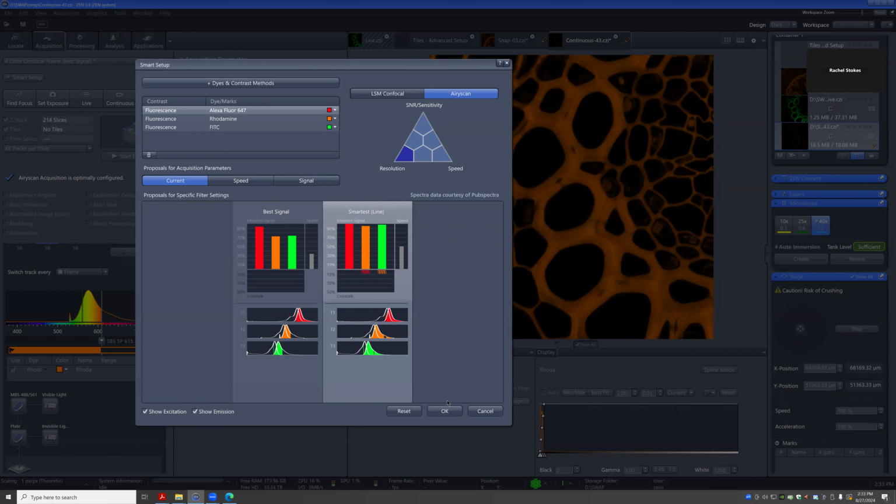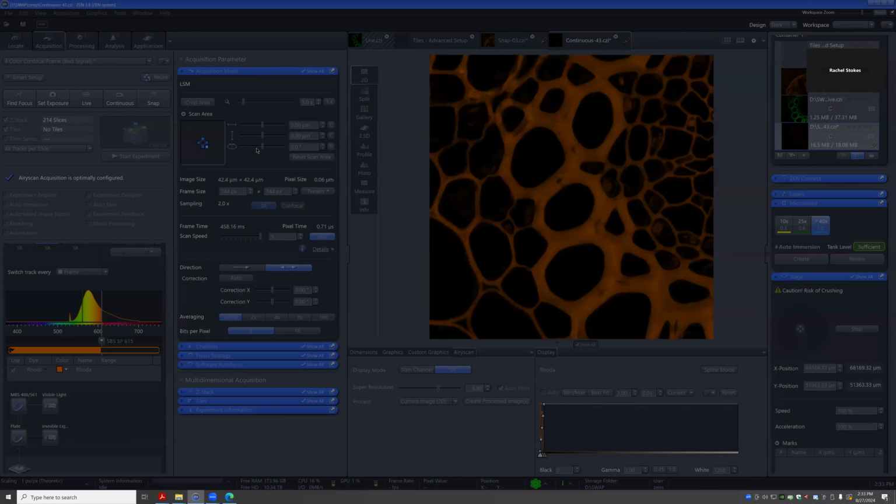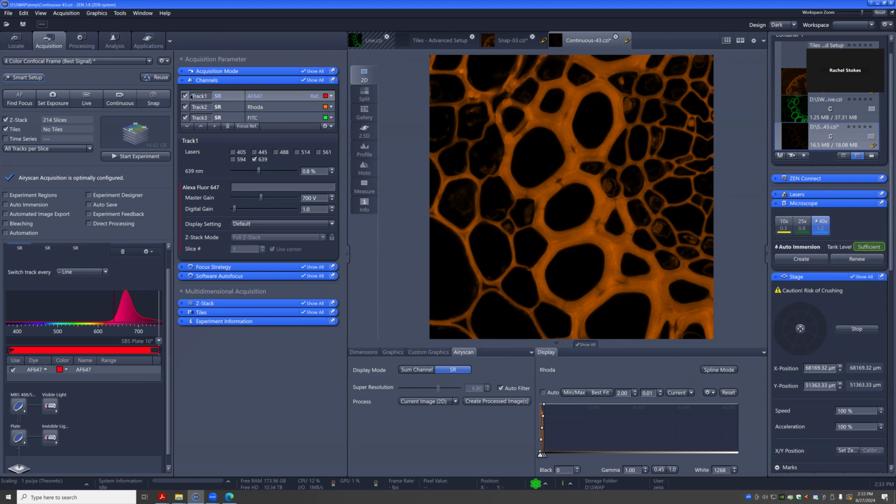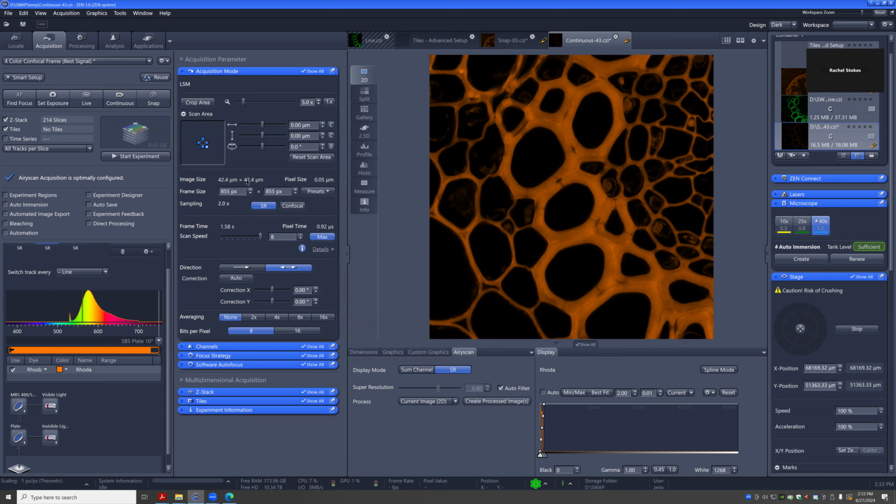So if we go to smartest line, now I can actually do continuous for multiple colors at the same time. I'll get rid of our far red because we won't see much there. Red and green, that should be good. So now look at our refresh rate, which sits at about 1.5 seconds. And this is at 5x zoom. So if we now go continuous,